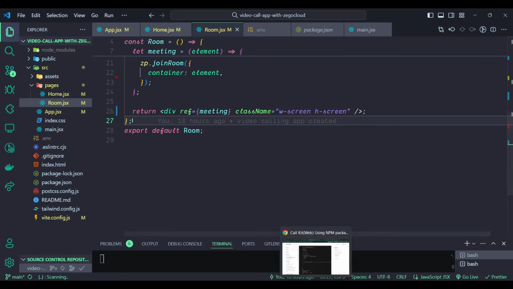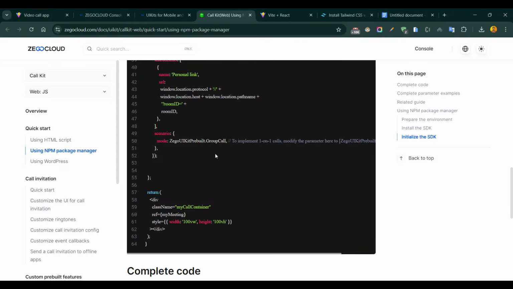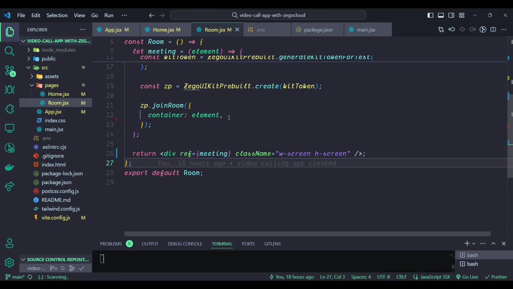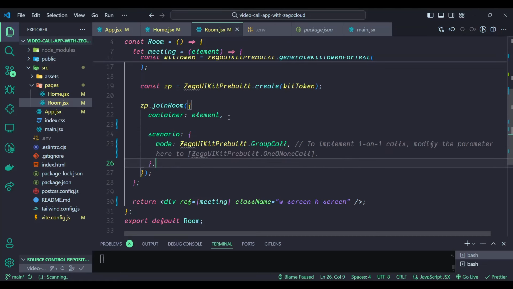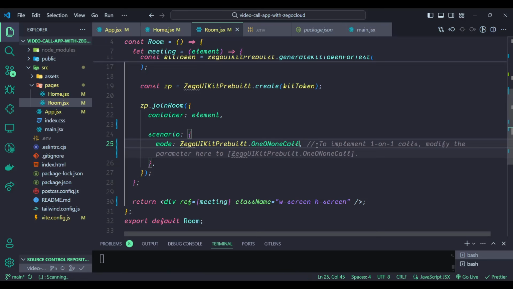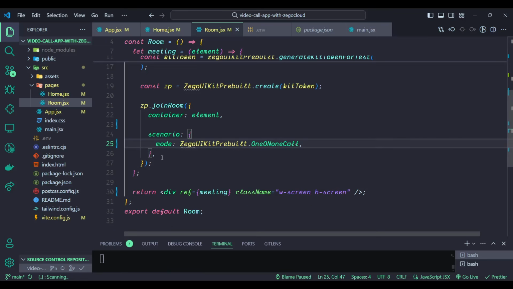Now if we go here, we need to define the scenario. Since we are making one-on-one calls, that has to be the scenario, which should be an object, and we have to define the mode. So let's copy this part, and after this we can define it. The scenario mode is group call, so instead of group call, we can use the one-on-one call. So you can see here, basically we have defined the mode. Now if we save and go to the browser,